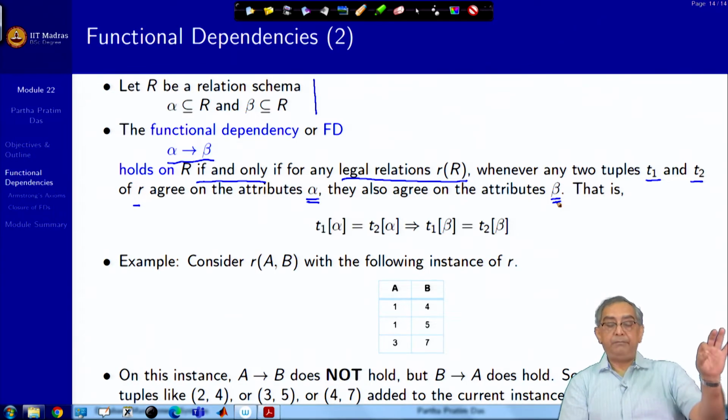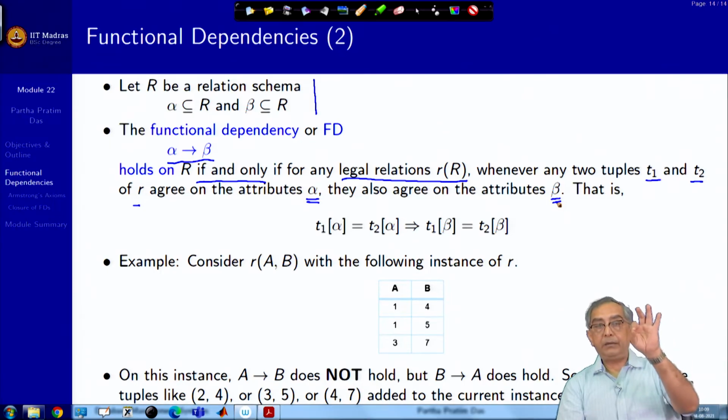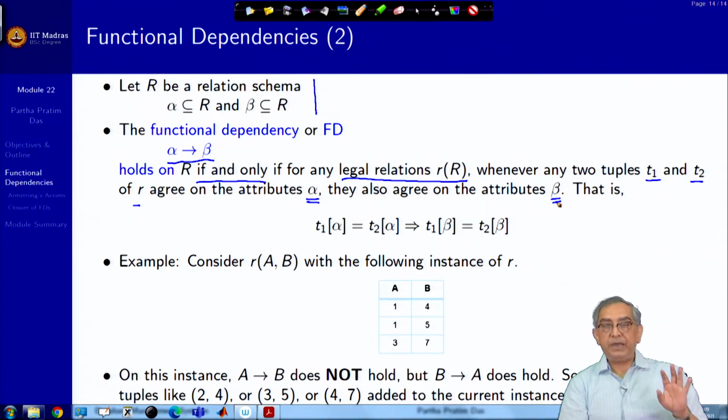So, department name uniquely or functionally determines budget and building, which means if I have two tuples,